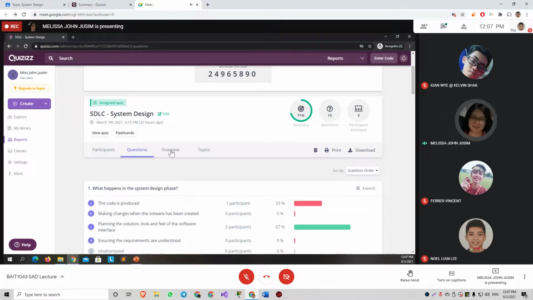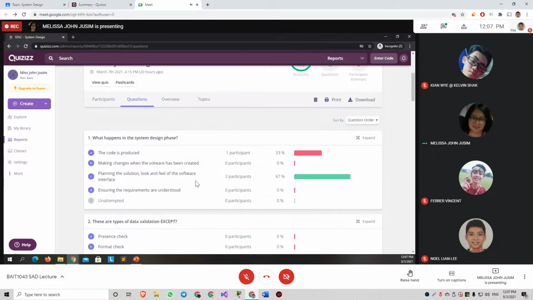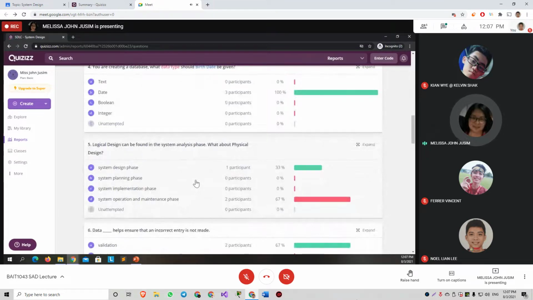Okay, what else? Question 5. Logical design, we learned this earlier on in the previous chapter, can be found in the system analysis phase.